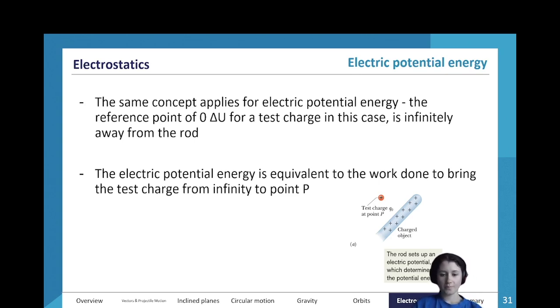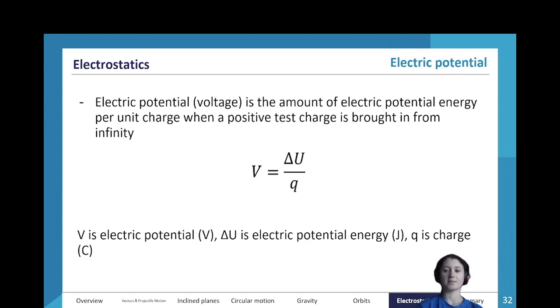So, let's have a look at how we actually calculate our electric potential. So our electric potential is described as voltage V, and it's the amount of electric potential energy per unit charge when a positive test charge is brought in from infinity. So we have V is equal to delta U, which is the change in energy, over Q. Alright,